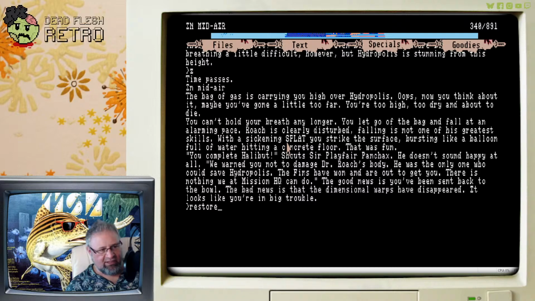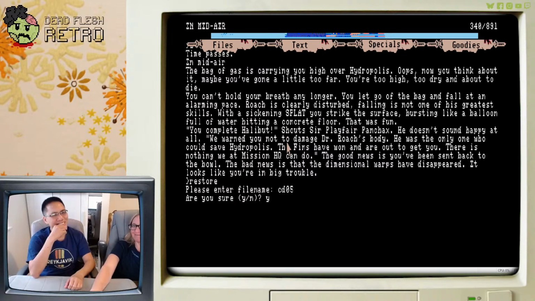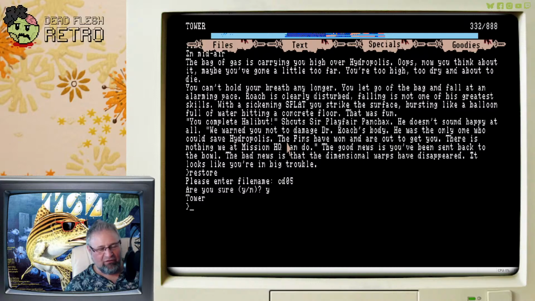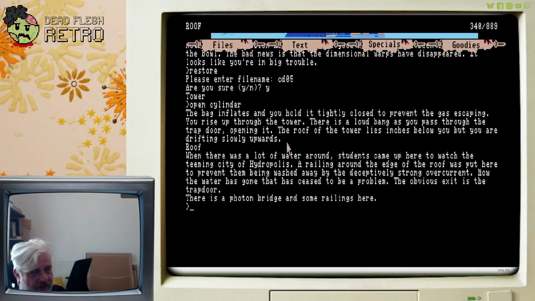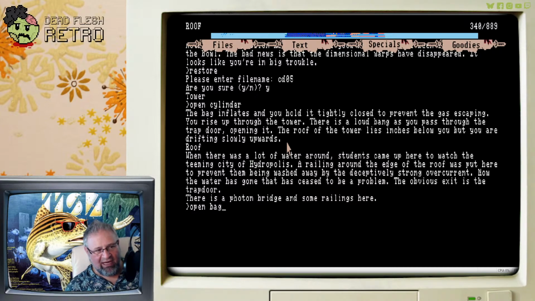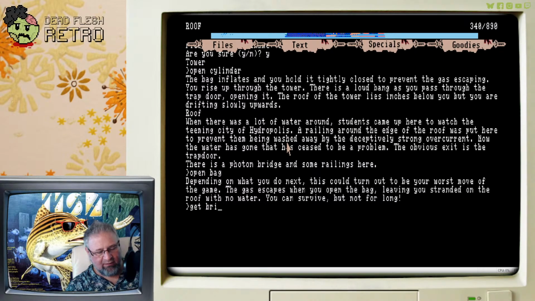So that is not the answer. No, that did not work. I think we need to climb over the railing. Yep. Let's go and investigate the railings. And so, yeah, the first thing we do is open the bag before we get the photon bridge. So we say open bag, get bridge,